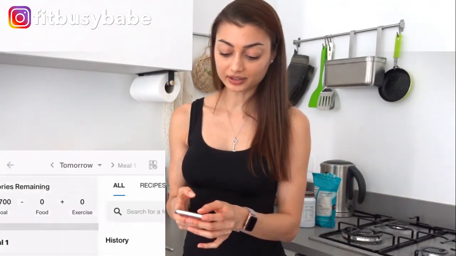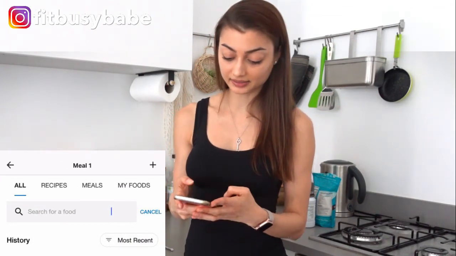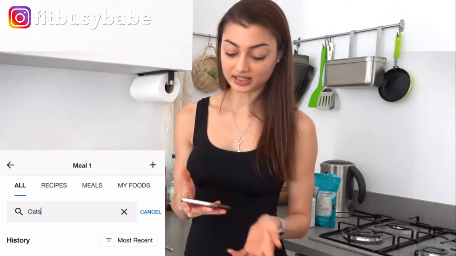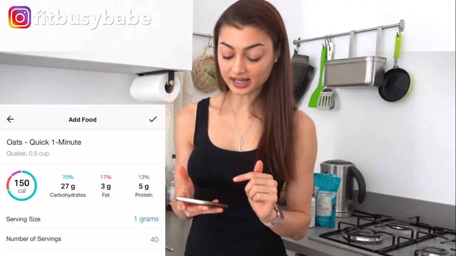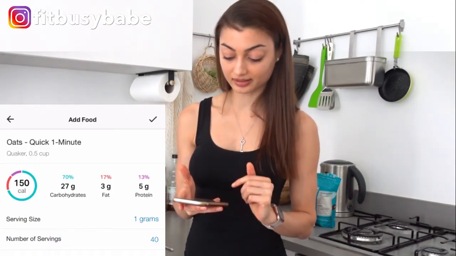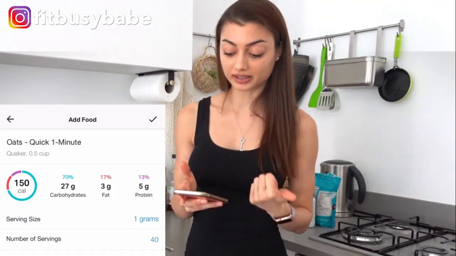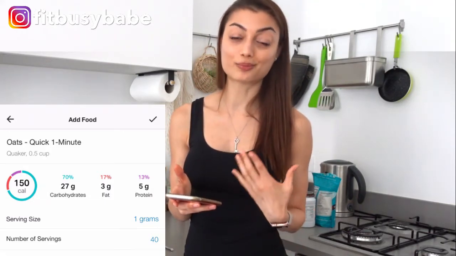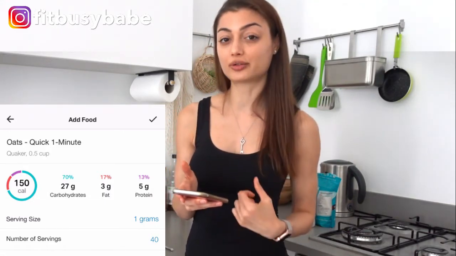So you would click on add food, and here you can basically type in any food that you like, let's say quick oats, and then you have your serving size and the number of servings. So serving size, it can appear in grams, it can appear in cups, it can appear in tablespoons. It's always going to be more accurate to measure this in grams and actually use a food scale,